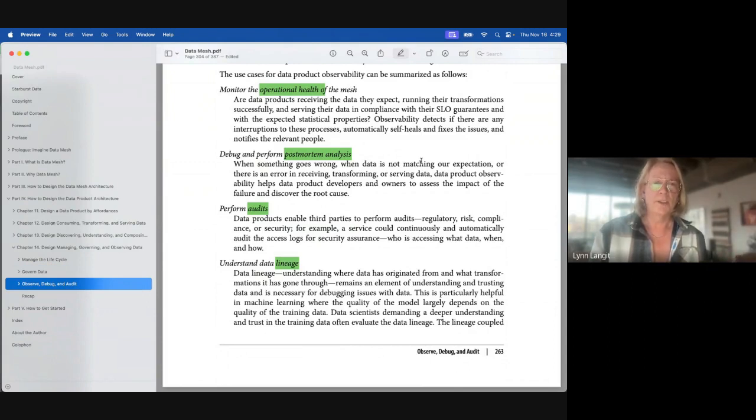So monitoring, I mean, the big leaders on this were Netflix with all the chaos monkeys and all that stuff that would just introduce random errors into the system so that the system could then be observed on how it responded. They've done it for many years, but it's taken the rest of us this long to catch up, basically. So monitor the operational health of the mesh, perform postmortem, perform audits, and understand lineage.